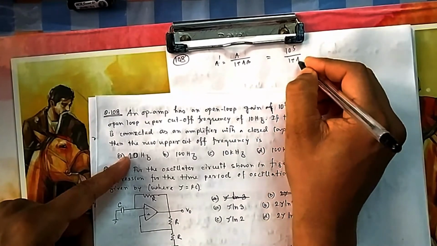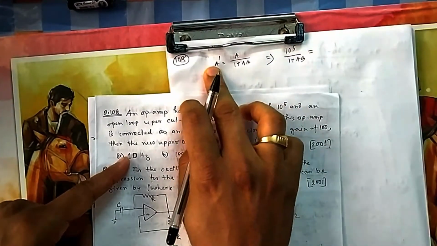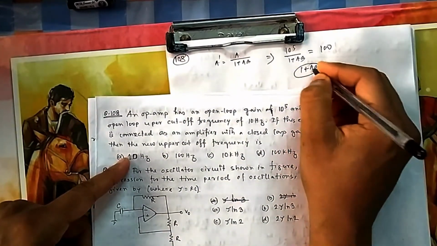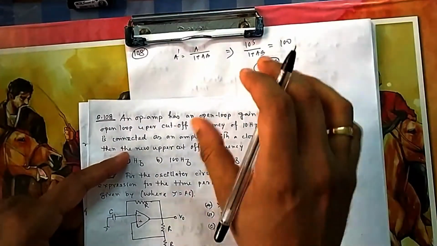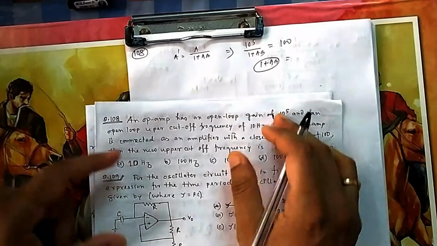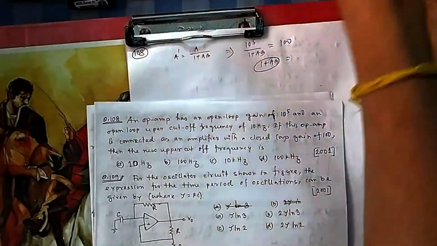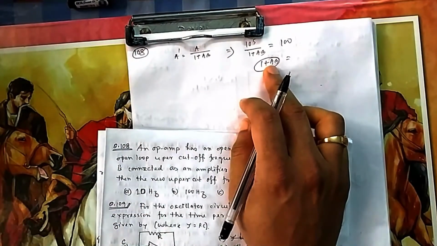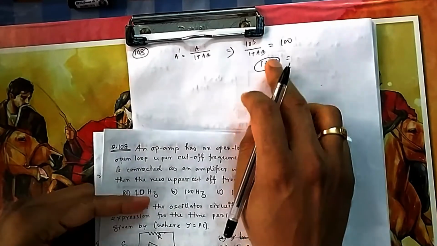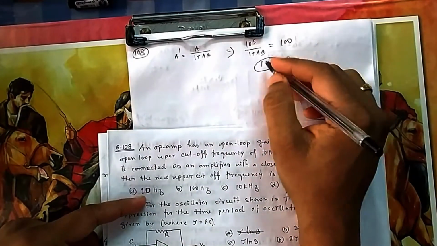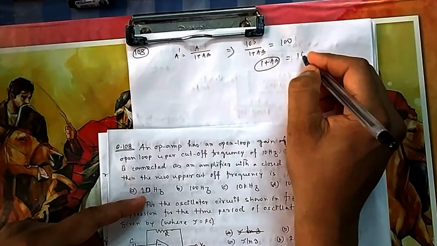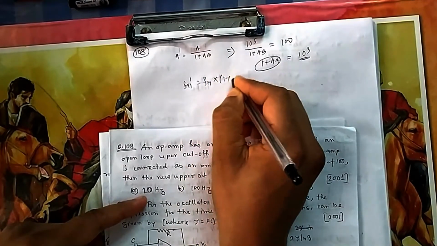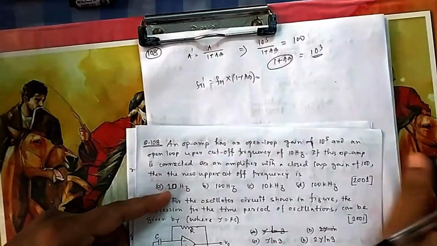So A by 1 plus A beta, which is equal to your closed loop gain, which is the new gain. So what is this factor? This is a very important factor, because with this factor your gain gets reduced, and whatever changes are there, are with respect to this gain only. So your upper frequency will also increase. You can see lower frequency will decrease, cutoff frequencies, so with this factor only. So you need to calculate this factor. So it will be 10 to the power 3. So what will be your new upper cutoff frequency? That is the old cutoff frequency multiplied by this factor. Similarly lower also. So everything will get changed.